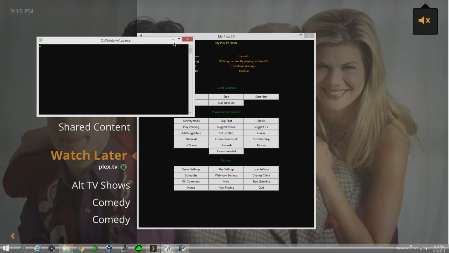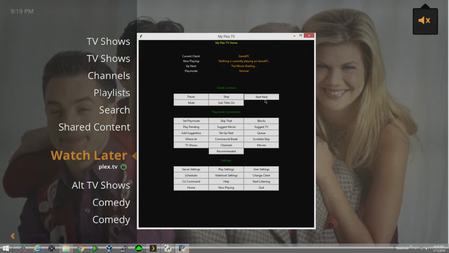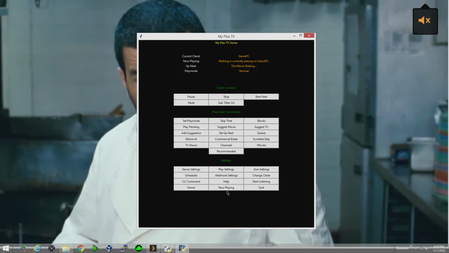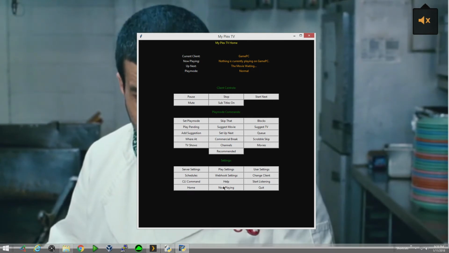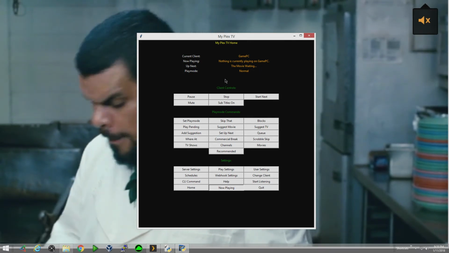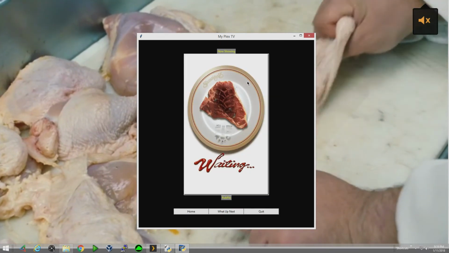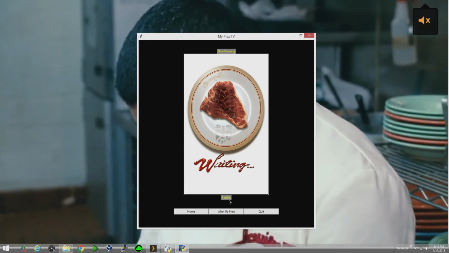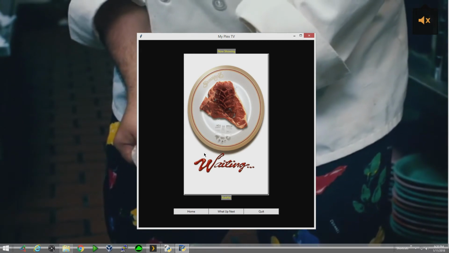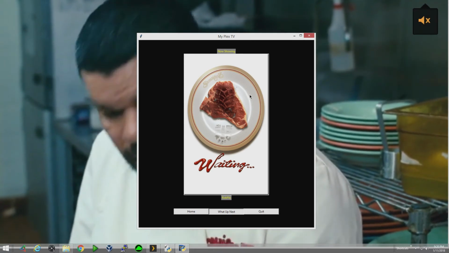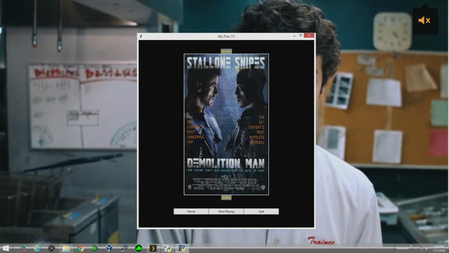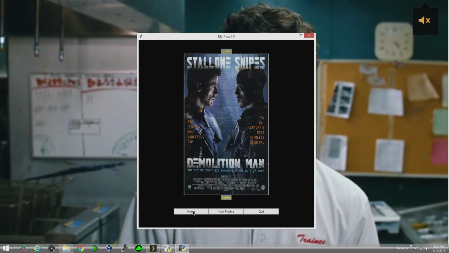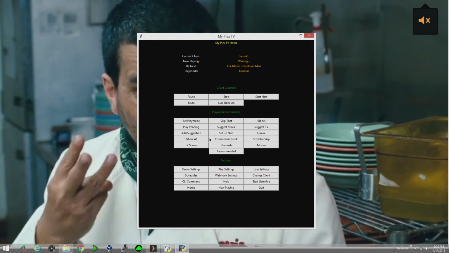So, if we start waiting, since this button is noticeably now there, what it should do is show you this now playing, and then you can customize if you want to say whatever here at the top and the bottom. I've got to widen that out and whatnot. But then you can hit what's up next, and it will do the poster for what's up next there. Right. So you've got that going for you now.